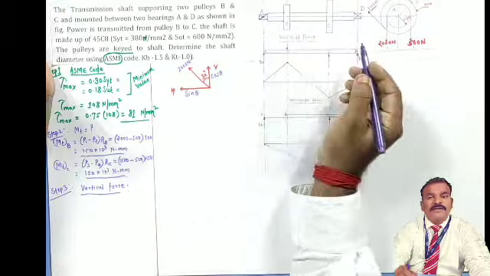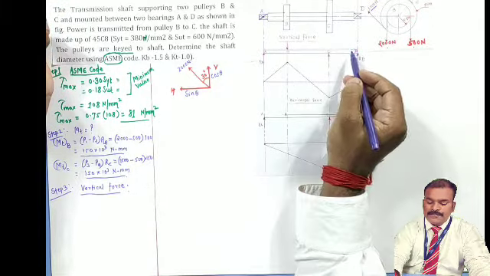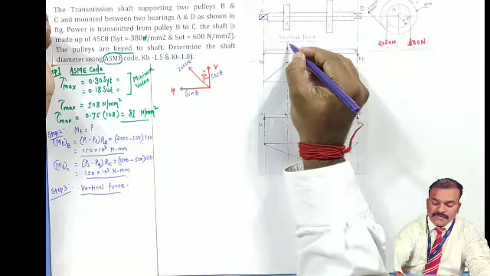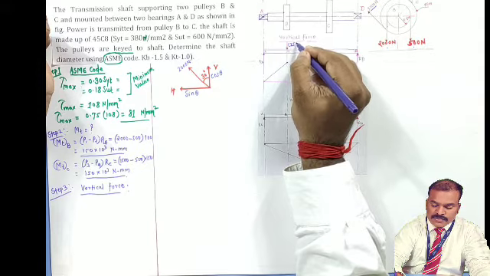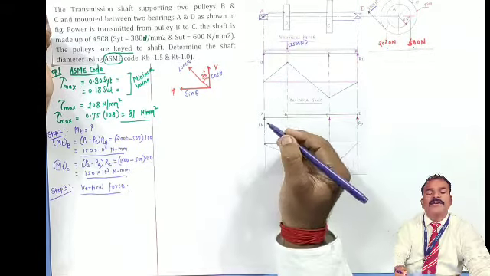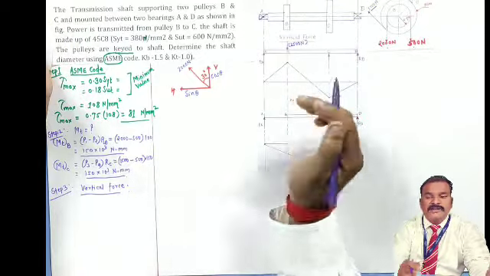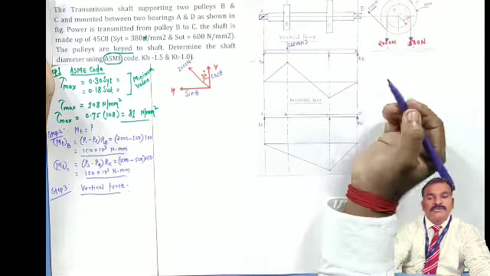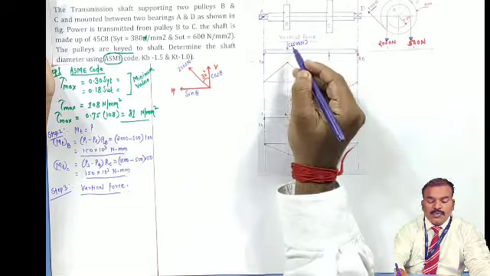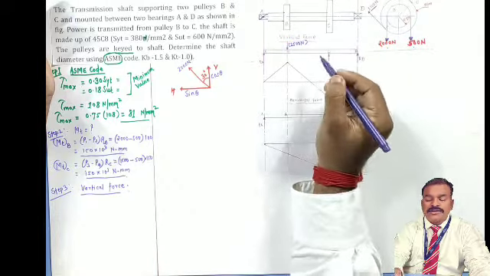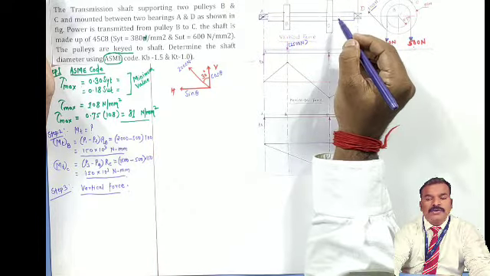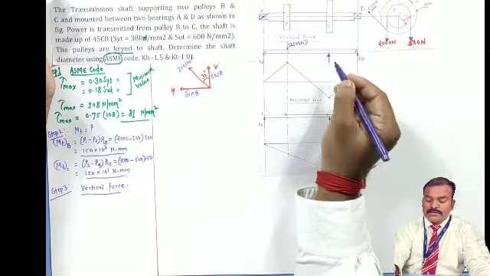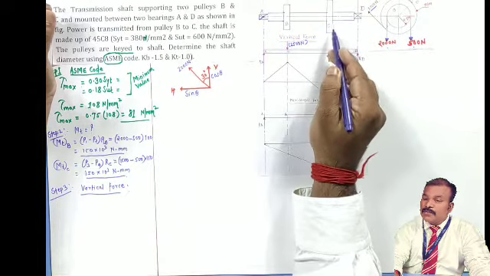Reaction forces are always acting, that helps for balancing, always acting opposite. Now, for pulley B, vertical force is how much? 2000 plus 500. So, I'll directly write 2000 plus 500, that is 2500 Newton. It is acting downward. We have considered that that would be downward because the force action is towards ground, that is towards down side. So, to balance that force, equal and opposite force can be generated by the other pulley, that is C. So, we'll have to consider this will be the upward direction, and this will be the vertical force for pulley C.